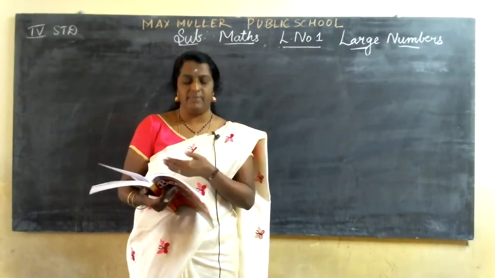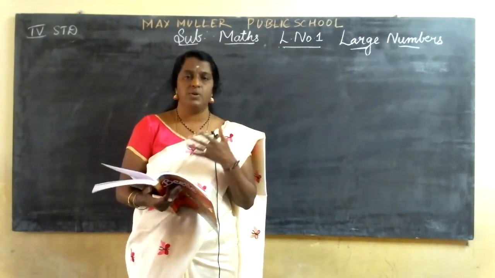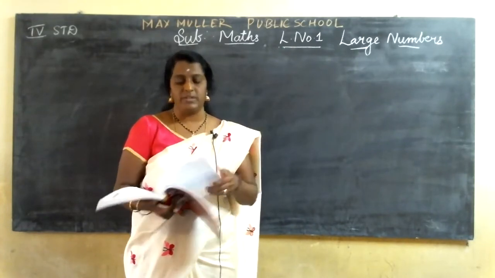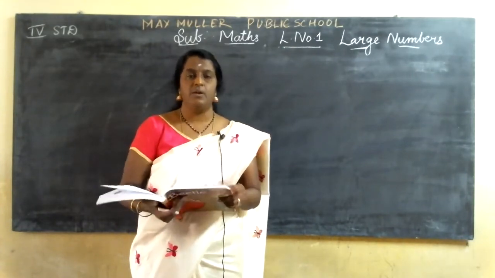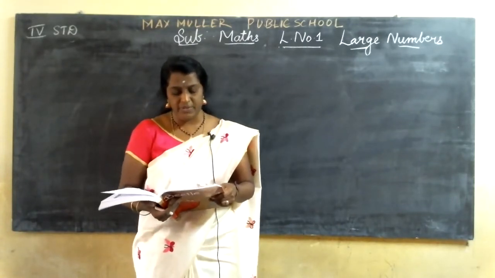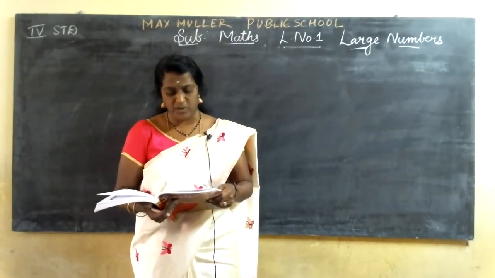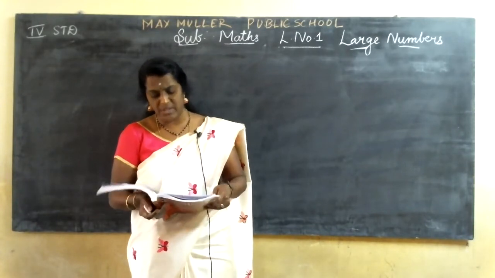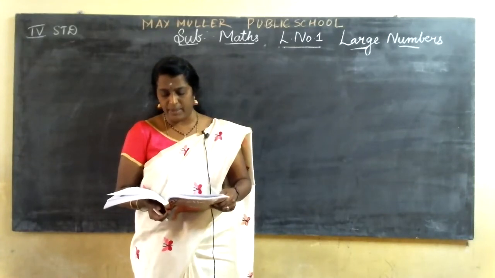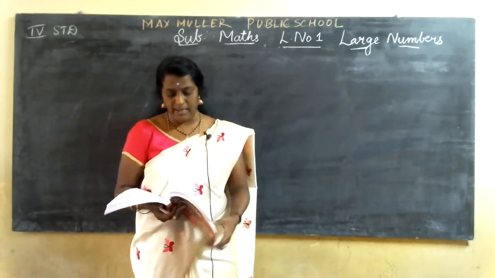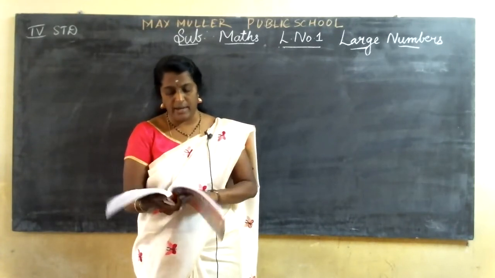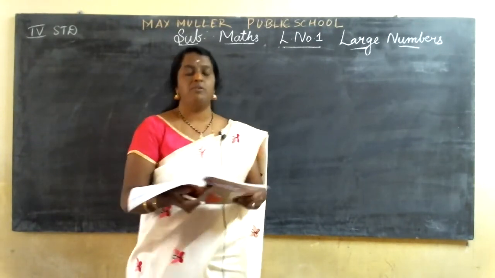Pages 110, 111, 112. I told you counting in twos, fives, tens, hundreds, thousands. So I have given that as homework. And now we'll start the abacus. 5-digit numbers on the abacus. To represent a 5-digit number, we need 5 spikes of the abacus. The 5th spike stands for 10,000. The number represented on the abacus, in words, is 32,400 and 423.